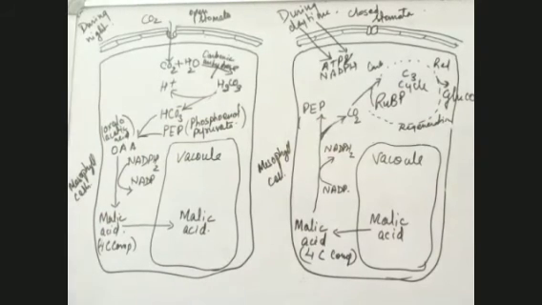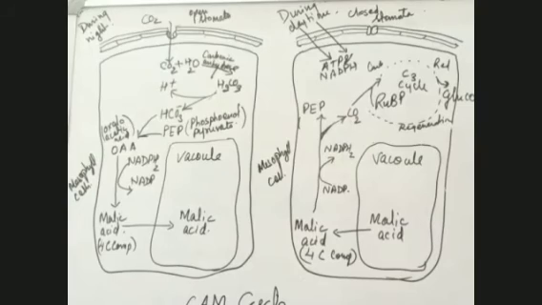Any point where you want me to repeat, plants will be able to conserve water. So this is one of the adaptations to conserve water, that the stomata during night time are open and during daytime are closed. Another adaptation is that their stomata are sunken. The stomata do not lie superficially. They are down in invaginations or pit-like structures. The stomata are sunken in the case of desert plants.